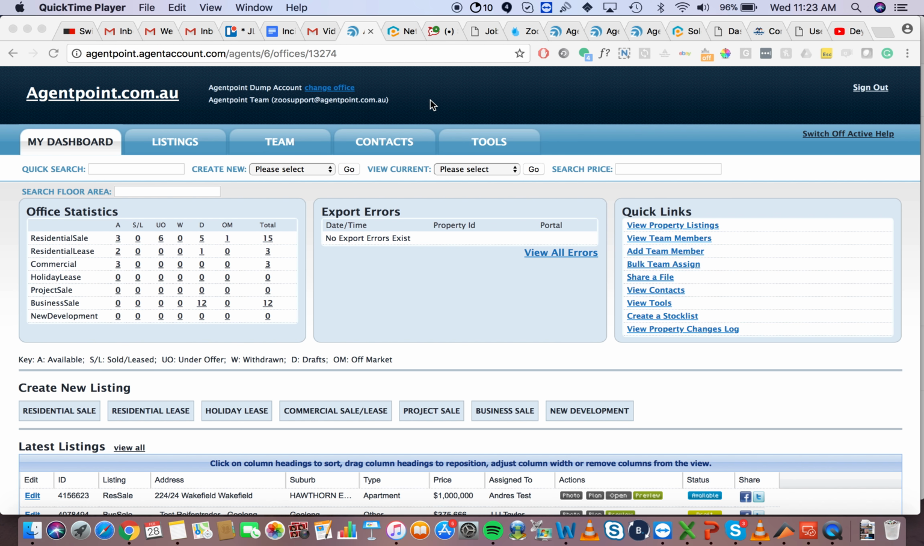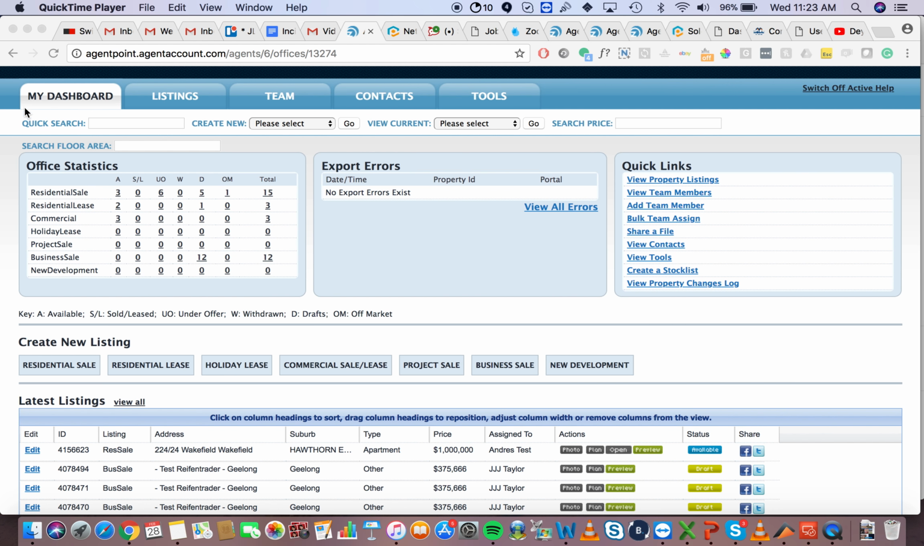Today we're going to look at how to create listings from your property hub. So we've logged into the property hub and we're looking at the dashboard at the moment. You can create new listings for your website from the dashboard itself by clicking into any of these buttons